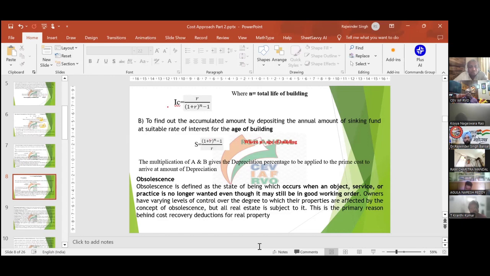साल्वेज में भी मोर देन स्क्रैप और स्क्रैप में भी मोर देन साल्वेज। There is no particular rule that salvage will always be higher than scrap. केस टू केस डिपेंड करेगा। डिफरेंट टाइप ऑफ बिल्डिंग में डिफरेंट साल्वेज वैल्यू हो सकती है, स्क्रैप वैल्यू हो सकती है, तो पर्टिकुलर केस टू केस डिपेंड करेगा। प्रॉपर्टी टू प्रॉपर्टी, एसेट टू एसेट, किसी एसेट में साल्वेज वैल्यू ज्यादा हो सकती है, किसी में स्क्रैप वैल्यू ज्यादा हो सकती है। किसी में उसको साल्वेज टू स्क्रैप कन्वर्ट करने में